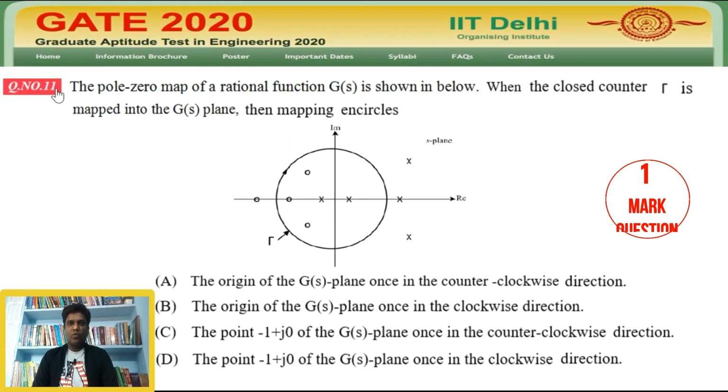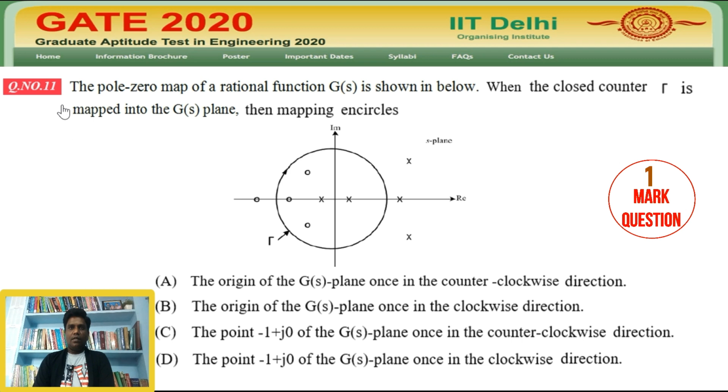We will look at the first question. This is the 11th question of the GATE exam 2020 for the EC department question paper of the control system subject, which was conducted by IIT Delhi. The question is: the pole-zero map of the rational function G(s) is shown below. When the closed loop contour is mapped into the G(s) plane, the mapping encircles...